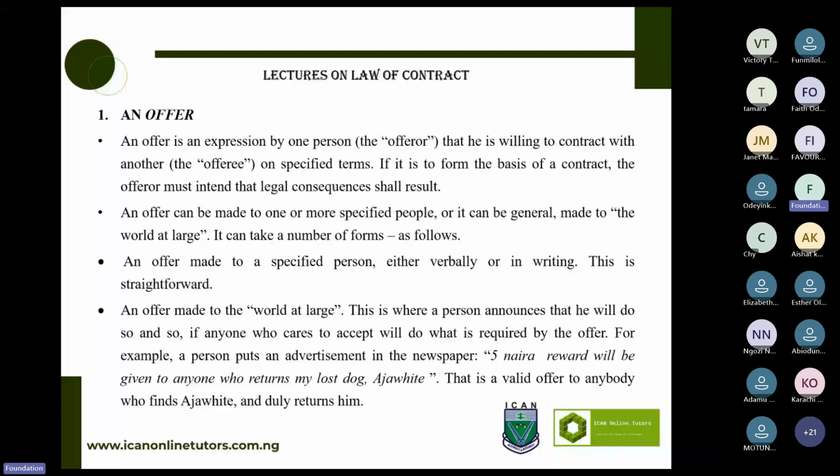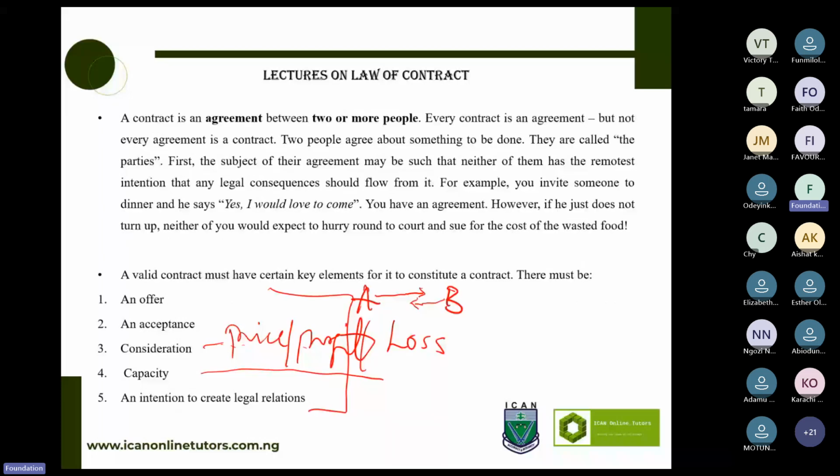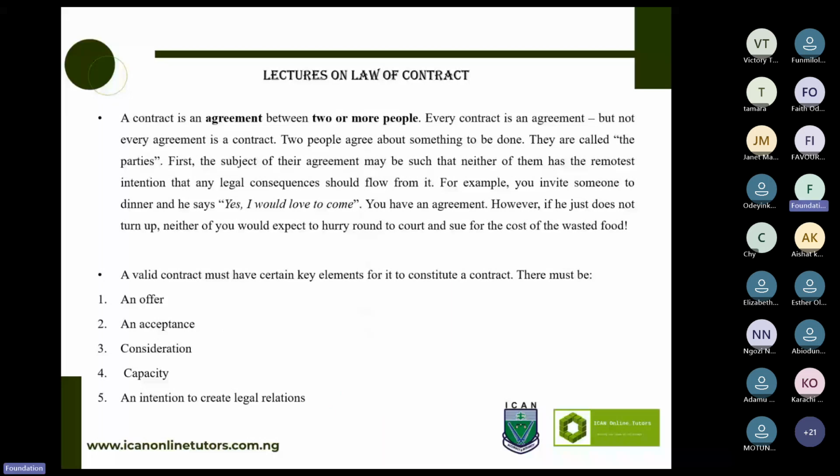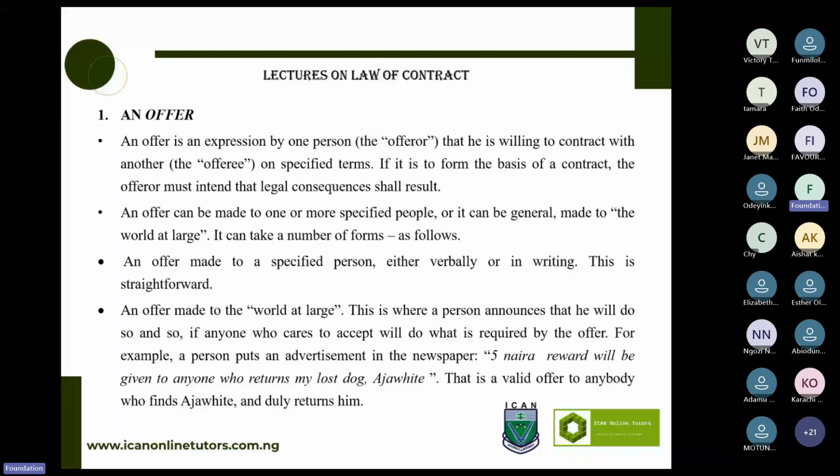Now, we have two elements to an offer. The person that is expressing himself or herself, in this case, is the A. The A is what we refer to as the offeror. Some pronounce it in our local dialect as offer. So the offeror is the person proposing. If it's a guy that is looking at a lady, she has everything I need, good behavior, beautiful, good family, son of the president, daughter of the president, the guy is the offeror, depending on how you want to pronounce it.